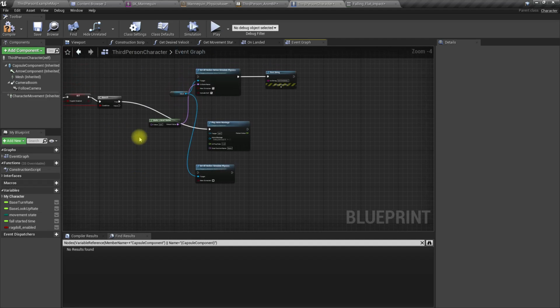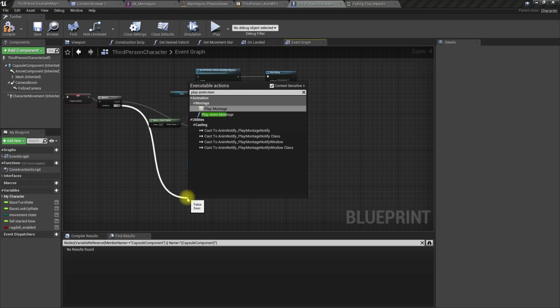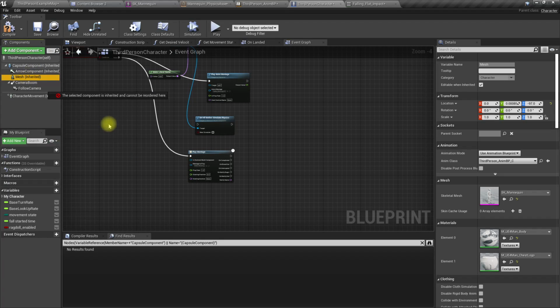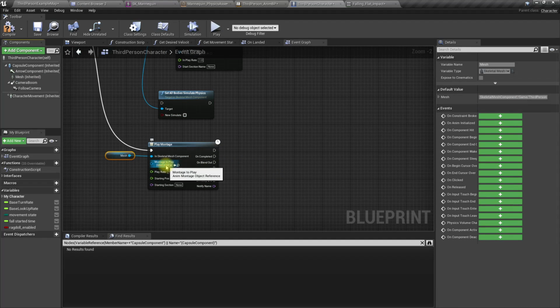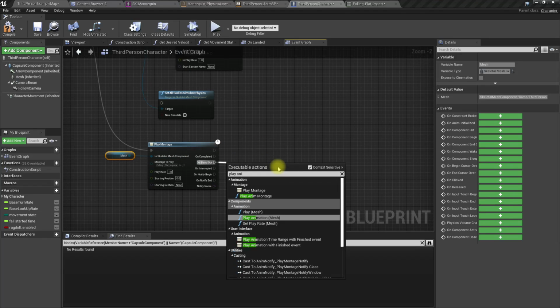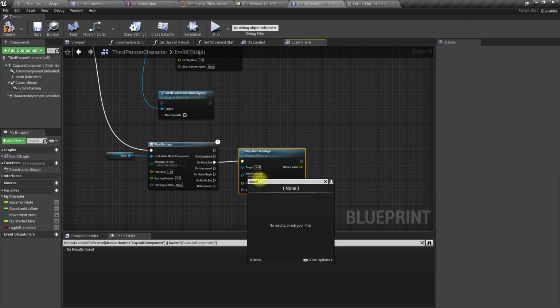Well, I'll use this one because we have better control there. Fall flat impact, and when it starts to blend out, I'll play montage stand up.